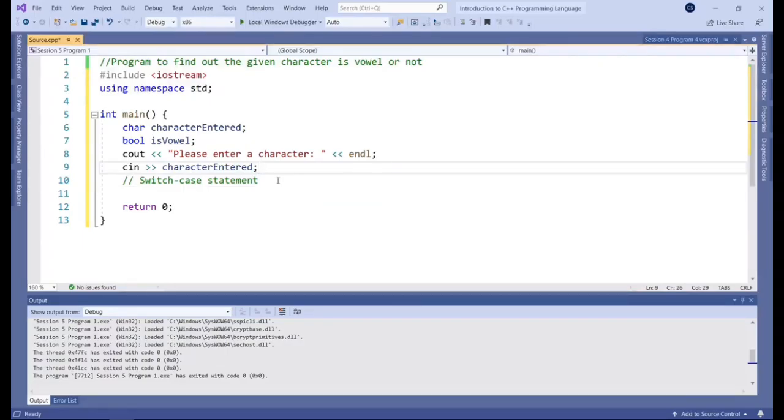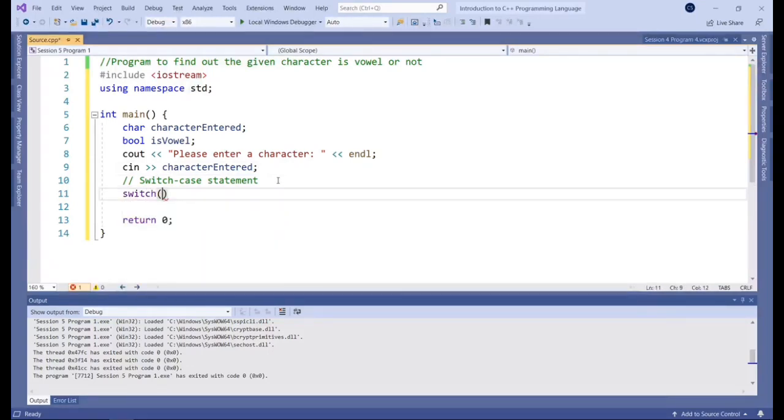I would be confident that by this point, you should be able to do that with an if statement. But hopefully this will show you another way to do it that might be more efficient in some cases, such as this. So we go in here and we start with switch.